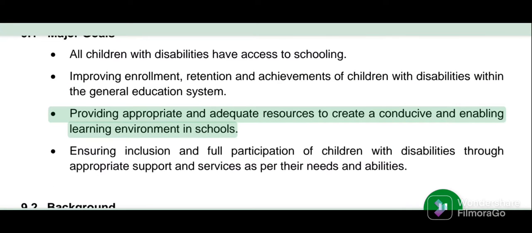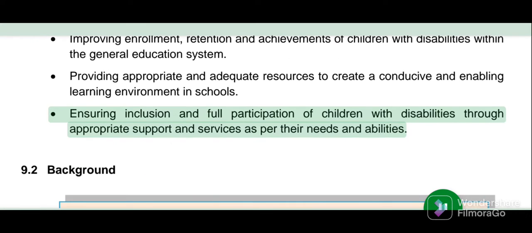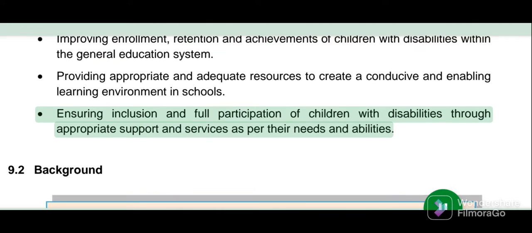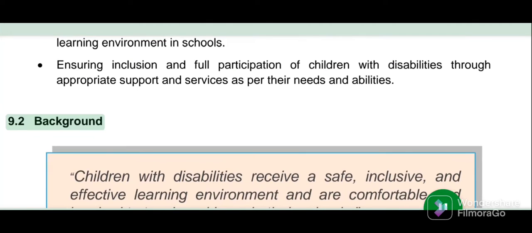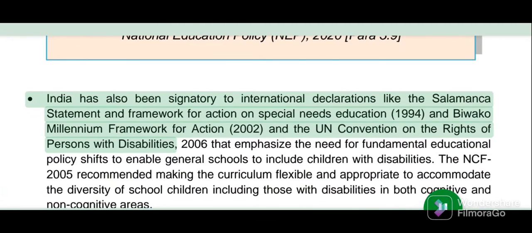Providing appropriate and adequate resources to create a conducive and enabling learning environment in schools. Ensuring inclusion and full participation of children with disabilities through appropriate support and services as per their needs and abilities. 9.2 Background. India has also been signatory to international declarations like the Salamanca Statement and Framework for Action on